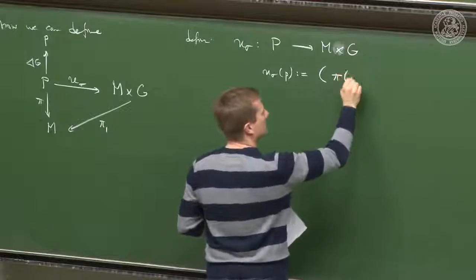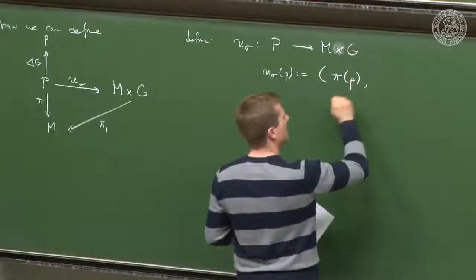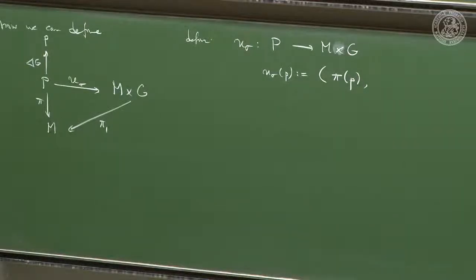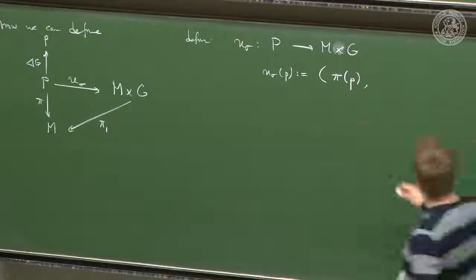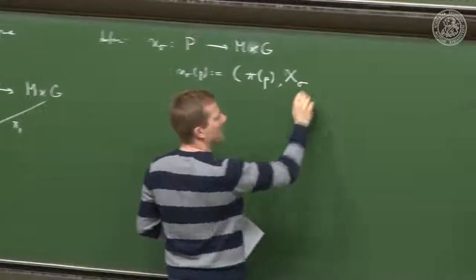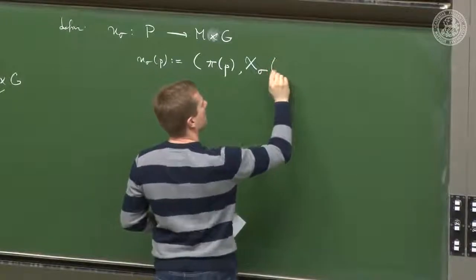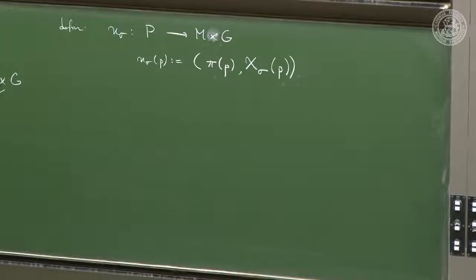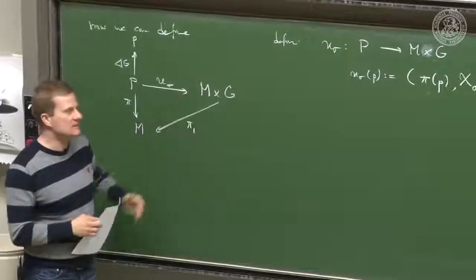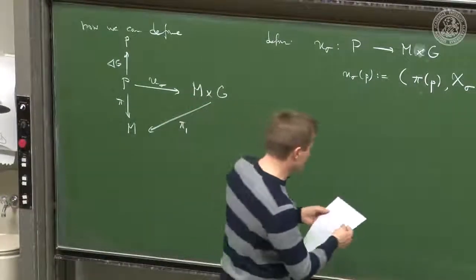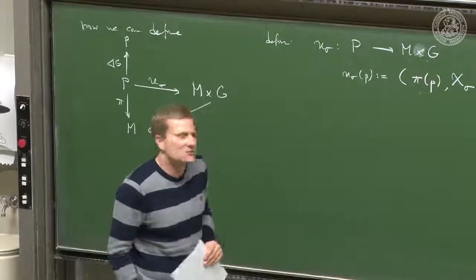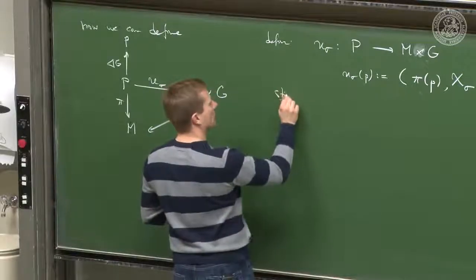It can take it to the projection of the point P, and we have a map chi that takes us from P to the group. Well, we'll simply invoke the just constructed map with that property we'll need in a second here, and this will certainly be an element of M Cartesian product G. So we defined a map from this set to this set. The only question is, is this a bundle map? And if it's a bundle map, is it a principal bundle map? Okay, so we constructed such a thing, still to show